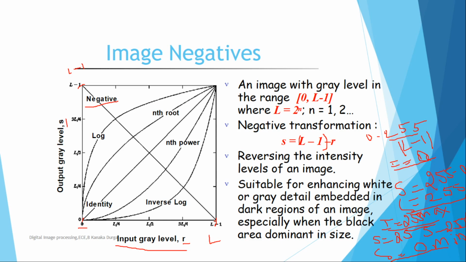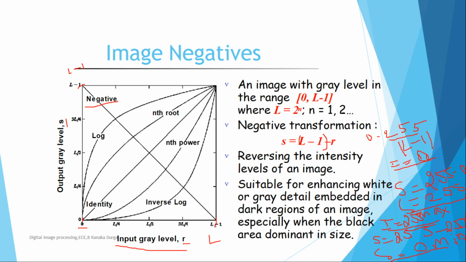Depending upon the application, we have to choose the transformation. Mainly it is applicable in the medical field. Suppose any tumor is present; in order to find the dimension and the area of the tumor, we go for image negative techniques. In that we do the analysis: when I take a picture of a tumor, either in the brain or wherever the tumor is present, the tumor is going to appear like an object that is normally black.